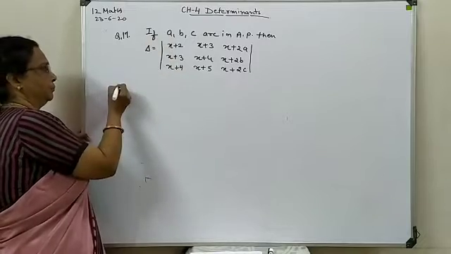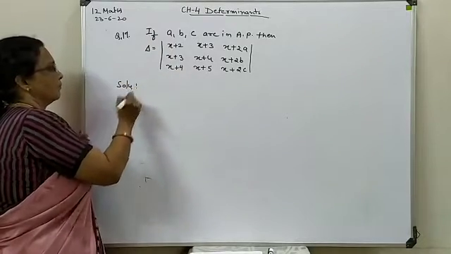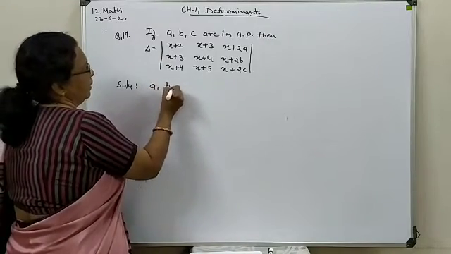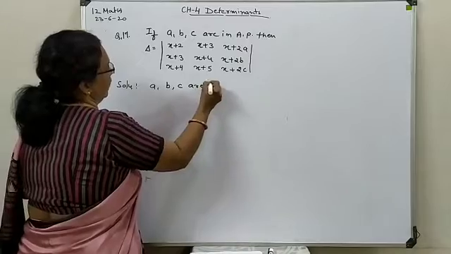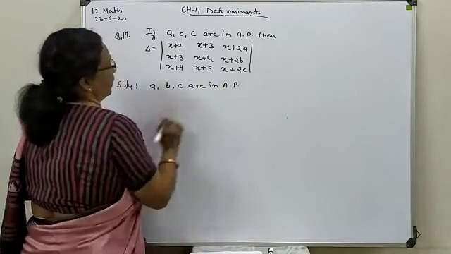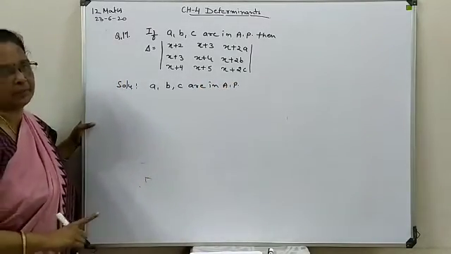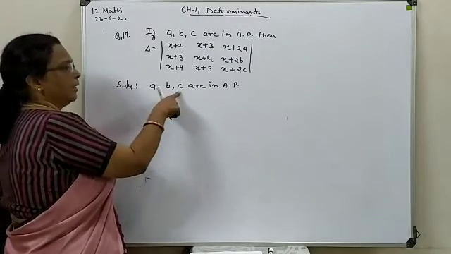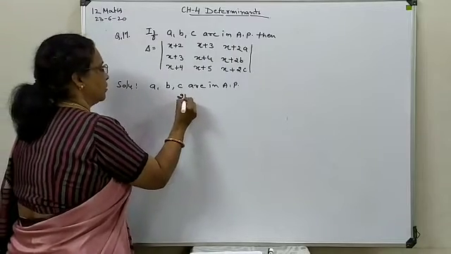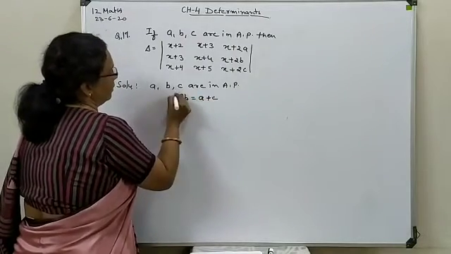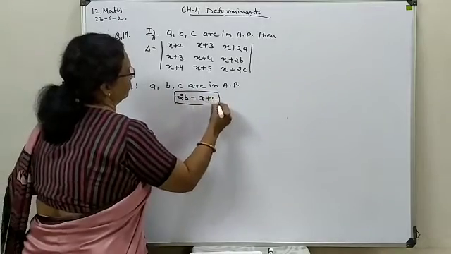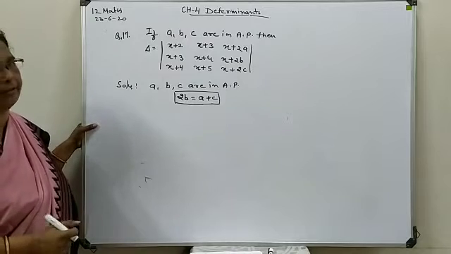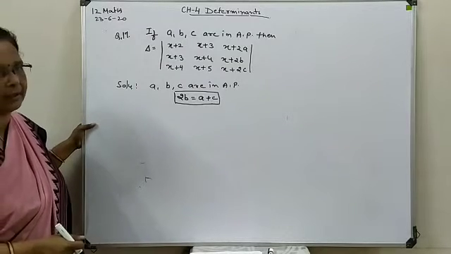Now first of all, before we start the solution for the given determinant, we look at the given condition. The condition available is that a, b and c are in arithmetic progression. If three terms are in arithmetic progression, that means twice the middle one is equal to the sum of the remaining two. This condition between these three elements will hold, and as a relation between them, if it is required for substitution, we will use it.